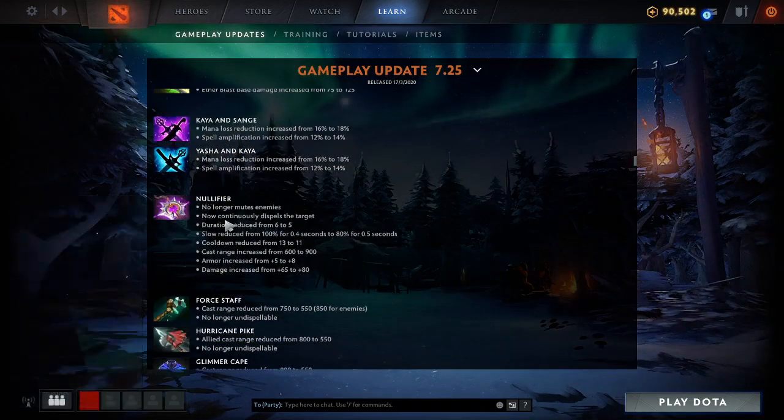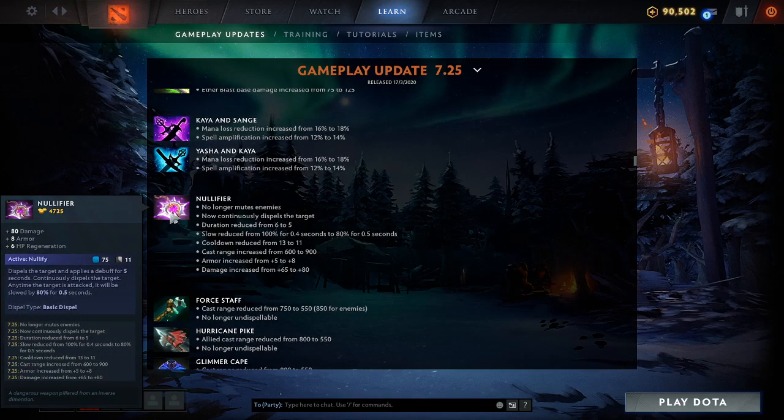Okay, Nullifier complete rework. So it doesn't mute enemies. It continuously dispels a target. Duration reduced, slow reduced, cooldown reduced, cast range increase, armor increase, damage increase. Okay, so this is now a Shadow Demon ult. So kind of a nerf to Shadow Demon. I didn't see Nullifier built too much. This is a nerf to